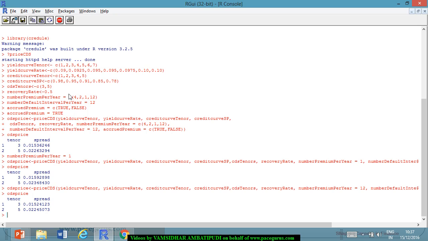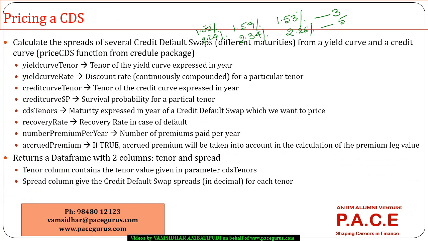Now, we are getting the CDS spread, that is the premium that one party has to pay to the other. So it means in this example, it is 153 basis points that need to be paid by the protection buyer to the protection seller if he is going for a 3-year CDS, right? So it's actually 153 basis points. But now if he is getting into a 100 basis points payout only,